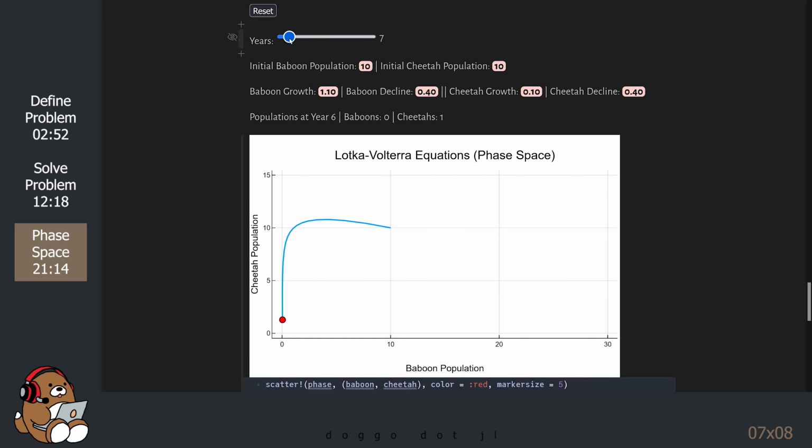During this time, the baboon population falls, and then rises, and then falls again. Also during this time, the cheetah population rises, then falls, then rises again. In this model, it takes somewhere between 14 and 15 years for the ending populations for both baboons and cheetahs to be 10 again. But as you can see, the baboon population is falling so rapidly at this stage that I can't get both populations at 10 on this plot. After that, the cycle repeats forever.